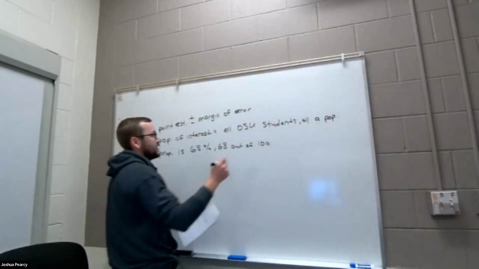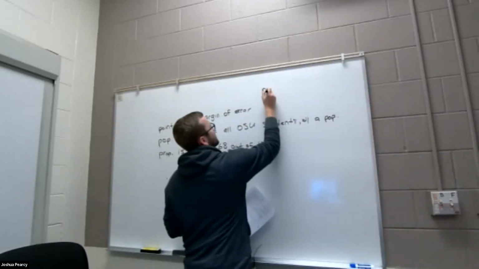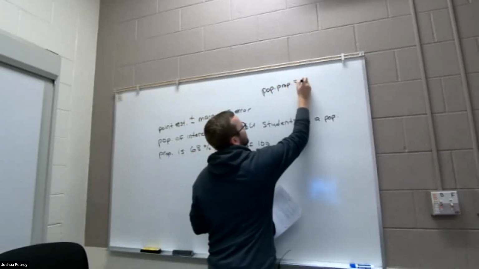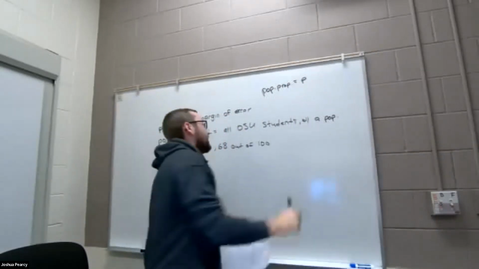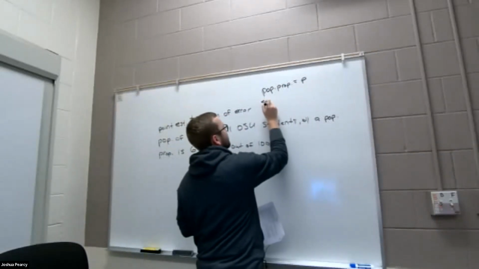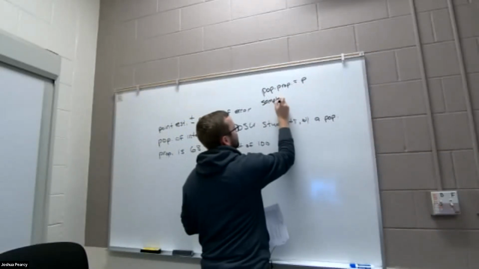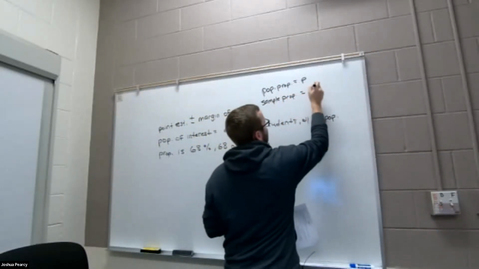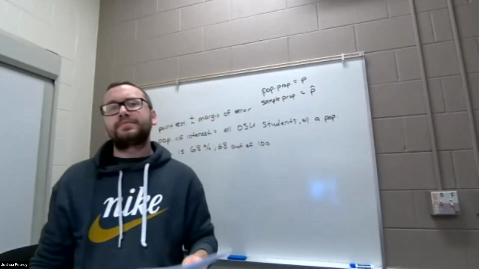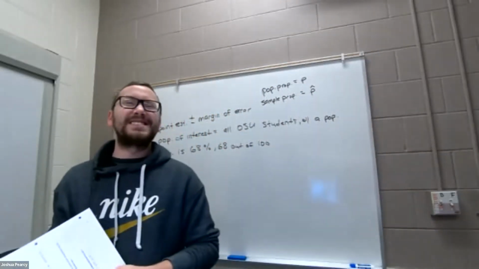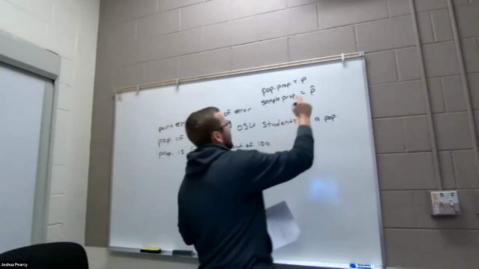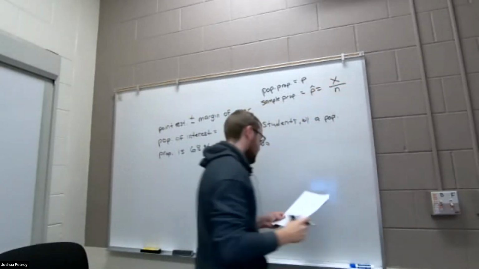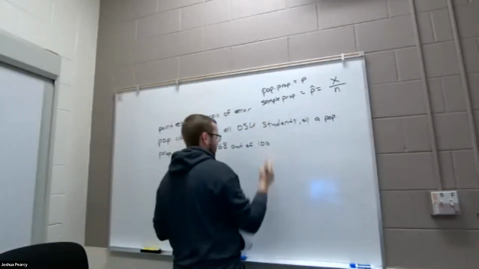So in this case, I'll just write it up here. The population proportion we'll denote as P. And then the sample proportion is P hat. The hat on top means the estimate. And we're going to define this by X over N, where X